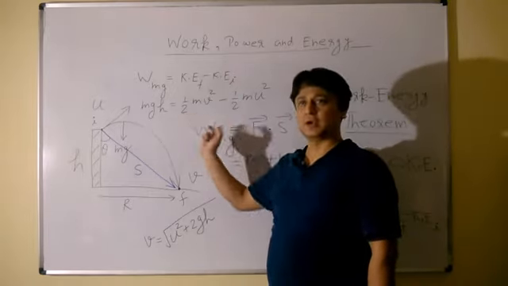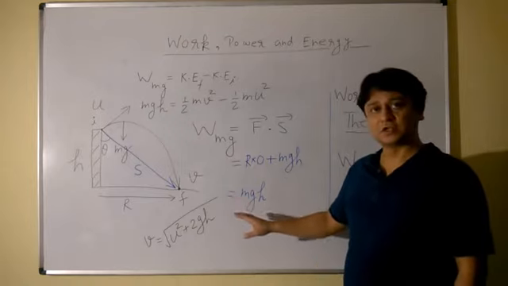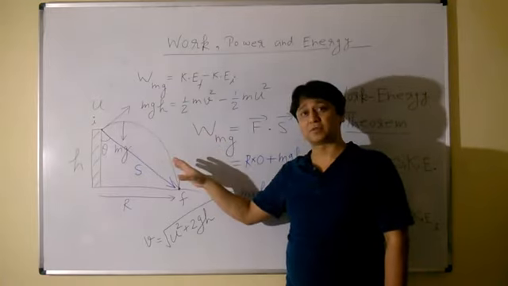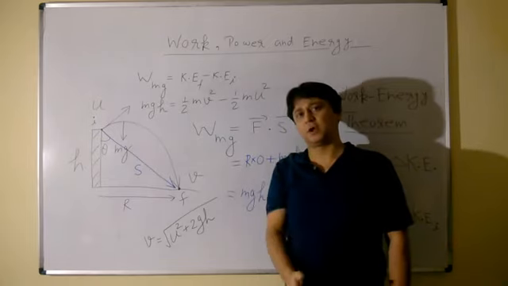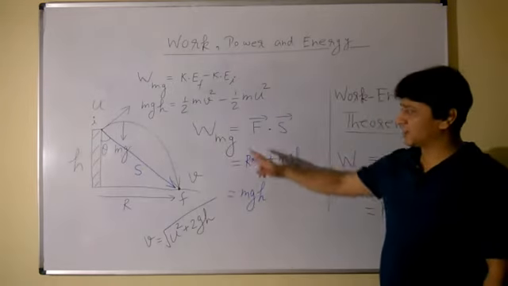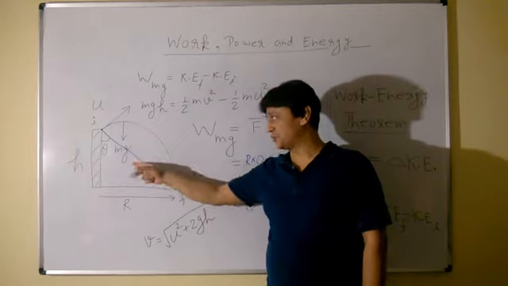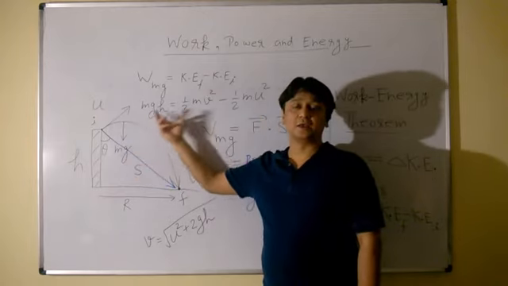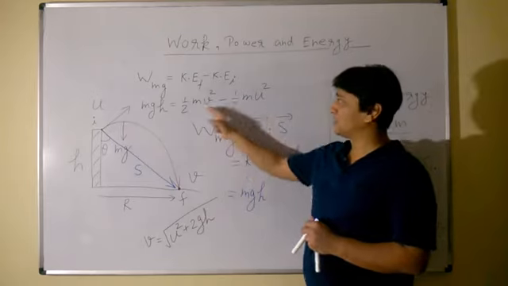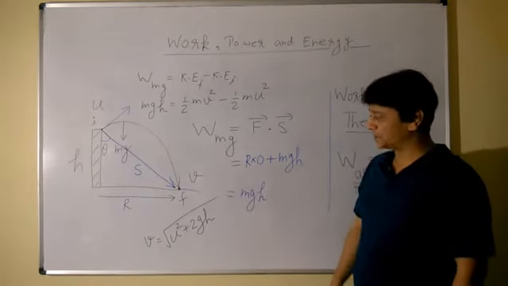Shift, cancel m, multiply by 2, take the root, that's your v, which is coming root over u square plus 2gh. इसी रिजल्ट को प्रोजेक्टाइल में लाने के लिए क्या करना पड़ता, मैंने बताया, कंपोनेंट्स लेने पड़ते। एक्स डायरेक्शन को अलग से हैंडल करो, वाई को अलग से हैंडल करो, देन v का वेक्टर सम निकालो। यहां हमने क्या किया, वर्क डन बाय mg, कितना है, mg into h, mg multiplied by displacement in the direction of mg। ये सारा का सारा वर्क जो mg ने किया उसने इस ऑब्जेक्ट की काइनेटिक एनर्जी को इंक्रीज कर दिया। That's the increase in kinetic energy and you got v in just one line, root over u square plus 2gh.